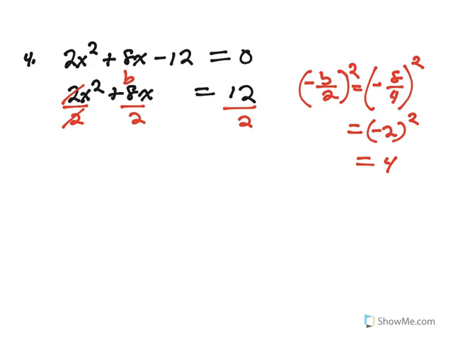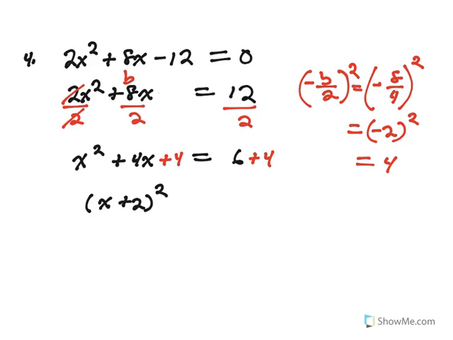So we're going to divide that out, and then we'll get x squared plus 4x equals 6. And then I can proceed by adding 4 to both sides. Okay? Now we're going to be in good shape. Now we can go ahead and say, okay, this is a perfect square trinomial, so I can write it as x plus 2 squared. Again, both signs are plus, so it has to be plus. x squared plus 4x plus 2 squared equals 10. And then I can take the square root